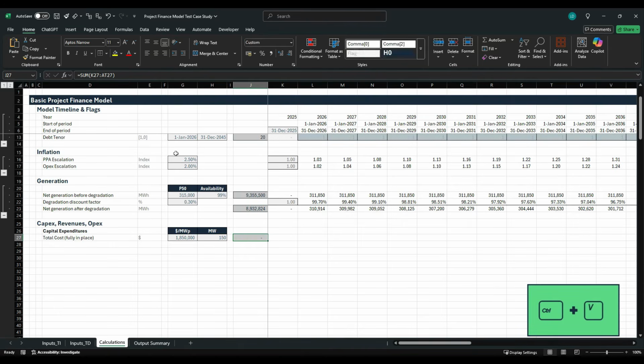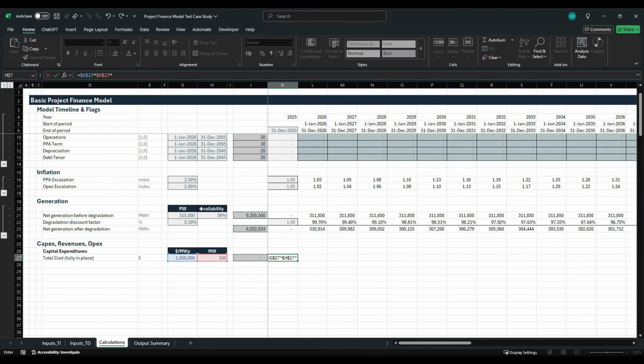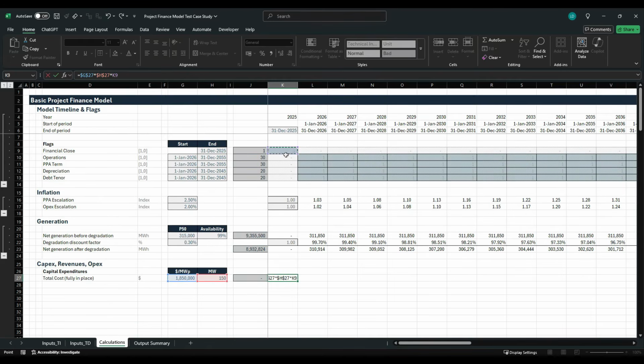Pick up the row totals. Okay, our total cost will be 1.85 million. Let's fully anchor this times our installed capacity. Hit F4 once. And now we multiply this by our financial close flag. This is when the funds will actually flow out and when we will buy the solar park as is turnkey,